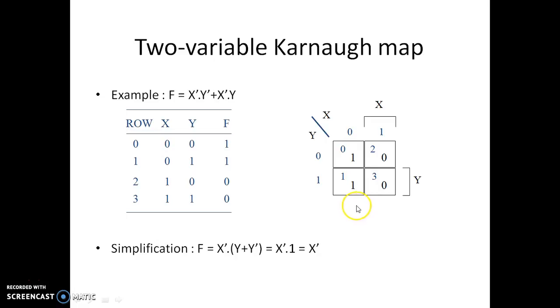So this is the two variable K-map. At the 0 and first rows there is a 1, so we have to map these 1s into the K-map. At the 0 and first cells we map the ones. Now here also we have to group the ones into a single group so that we can minimize the function. This grouping is on the x dash column. That's why the simplification of the given function is f equals x dash.